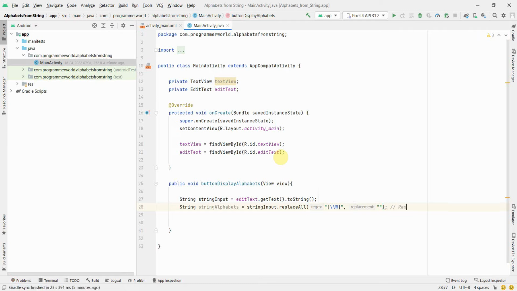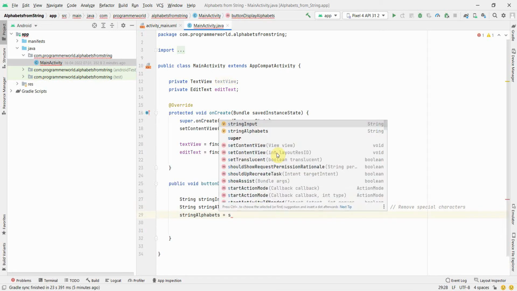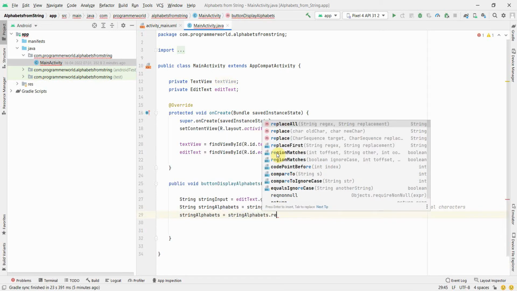So this is to remove special characters. I'm just putting in the notes so that we know what we are doing here. I think there's a spelling mistake: "characters" and "special", this e is missing. Anyway, once we have it, we can again use the same variable and replace all the